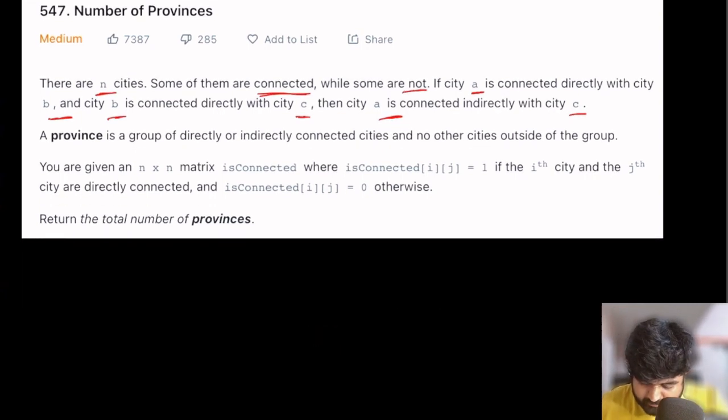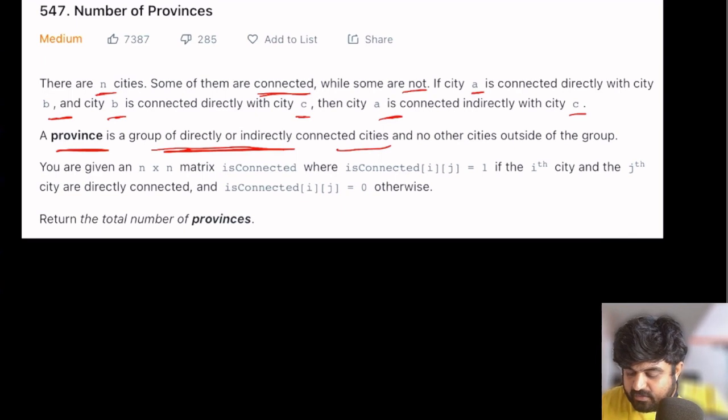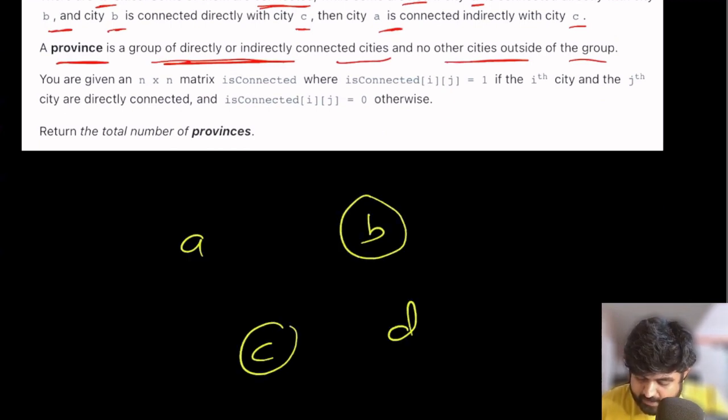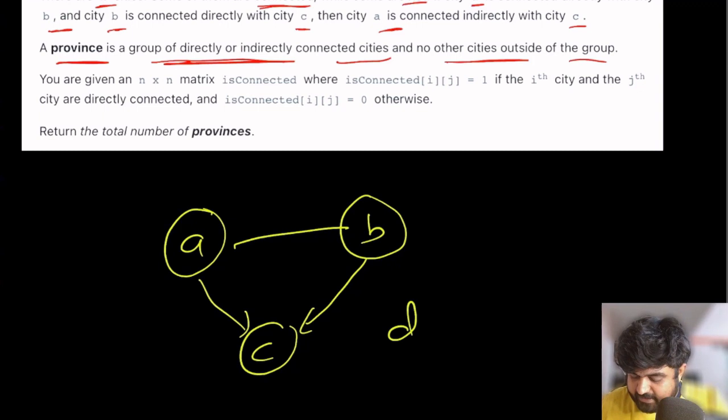Now going back, we are given the definition of what a province is. A province is a group of directly or indirectly connected cities and no other cities outside of this group. Suppose we are given cities A, B, C, D, and we are given that A is connected with B, B is connected with C, and we can also say that indirectly A is connected with C as well.